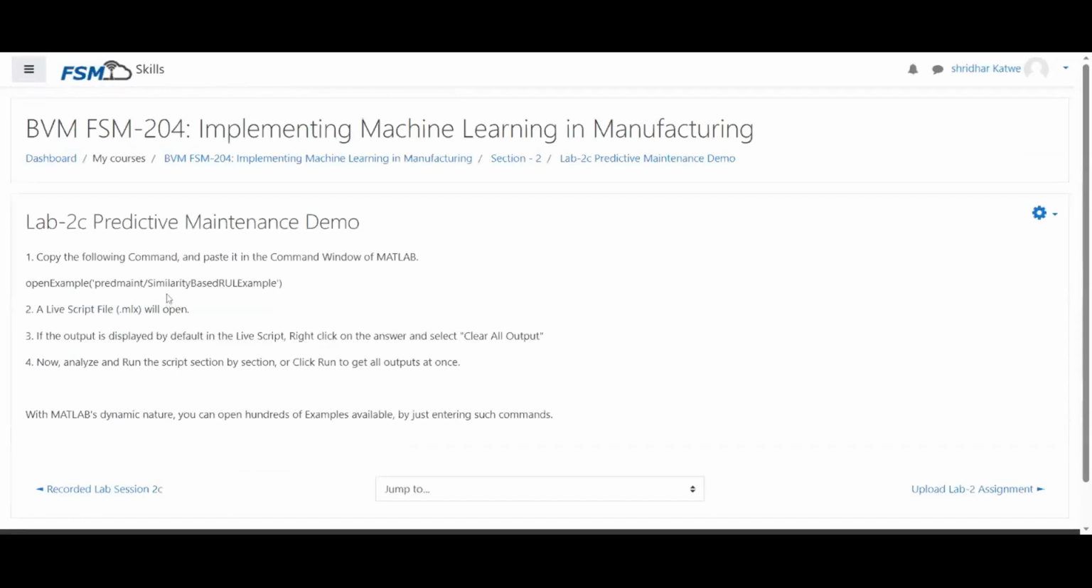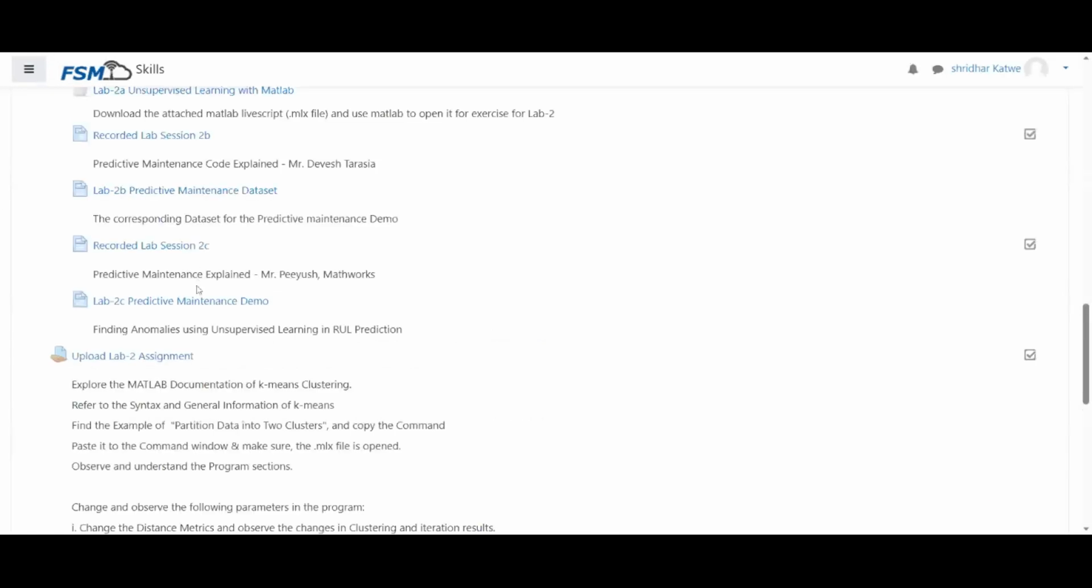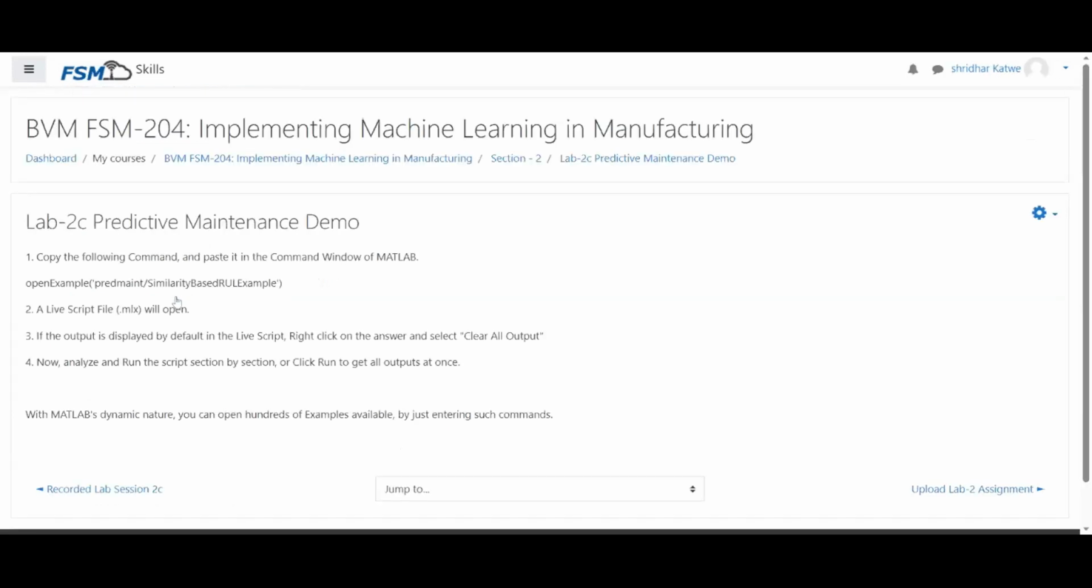So this is mainly a predictive maintenance demo. You have to perform the steps that you have seen in the recorded video. The recorded video demonstrates, and this you have to perform. I have written the steps here. What it says is: copy the following command and paste it in the command window of MATLAB. This is the command: openExample('predmaint/SimilarityBasedRULExample'). So the moment I paste,